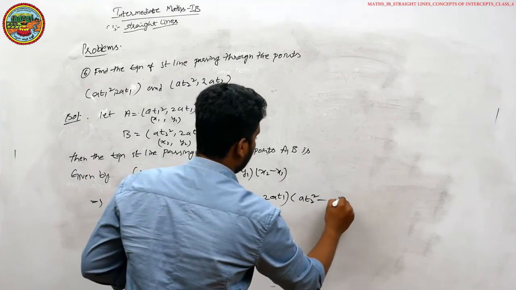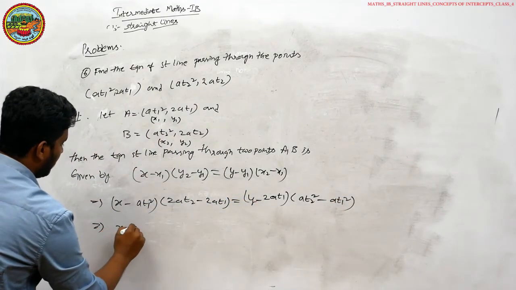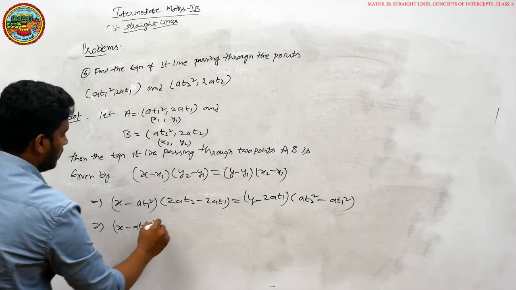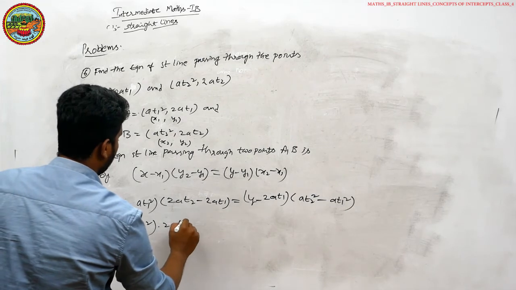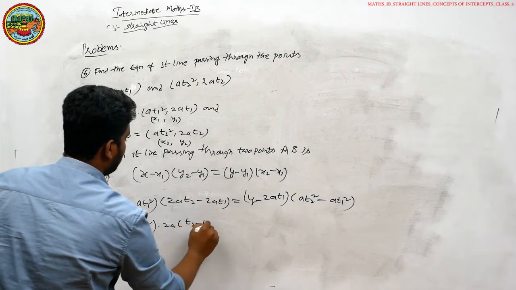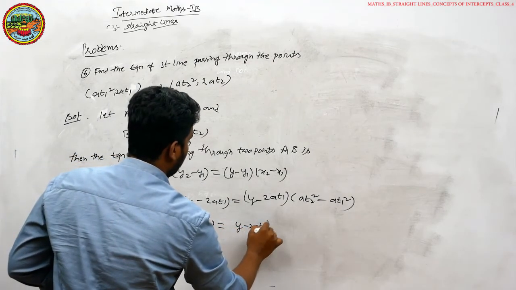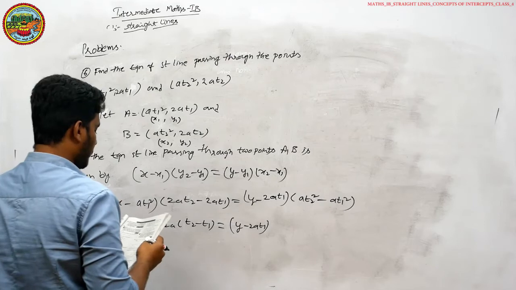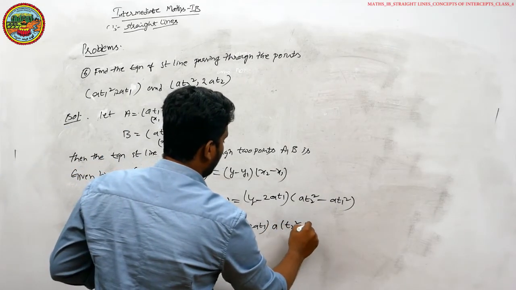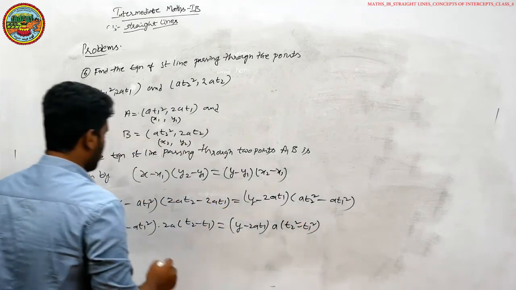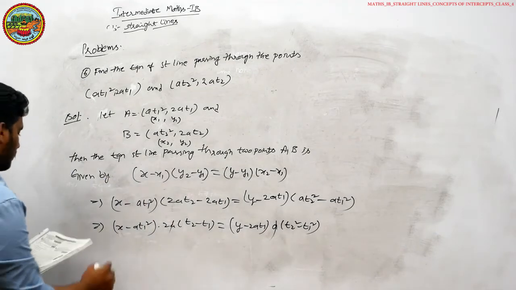So solving this, we get x minus a t1 square into, by taking 2a as common, 2a into t2 minus t1, which is equal to y minus 2a t1 into, by taking a common, t2 square minus t1 square. Here a and a both get cancelled, so the remaining values are